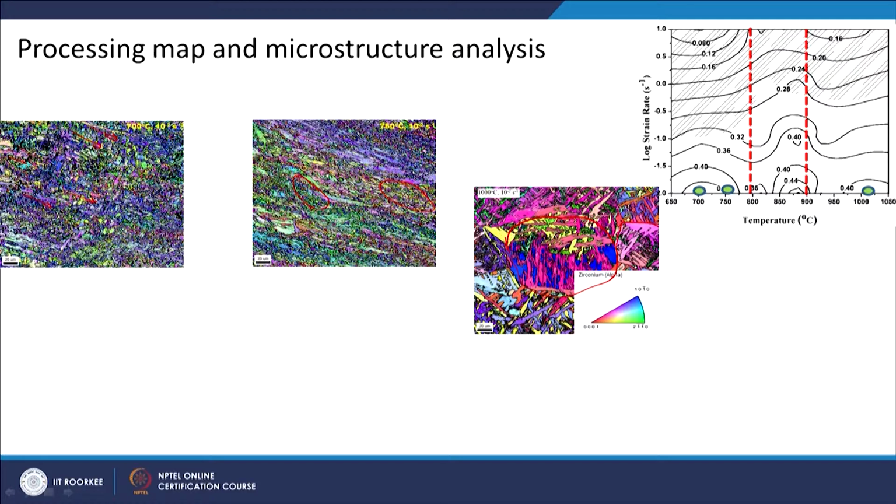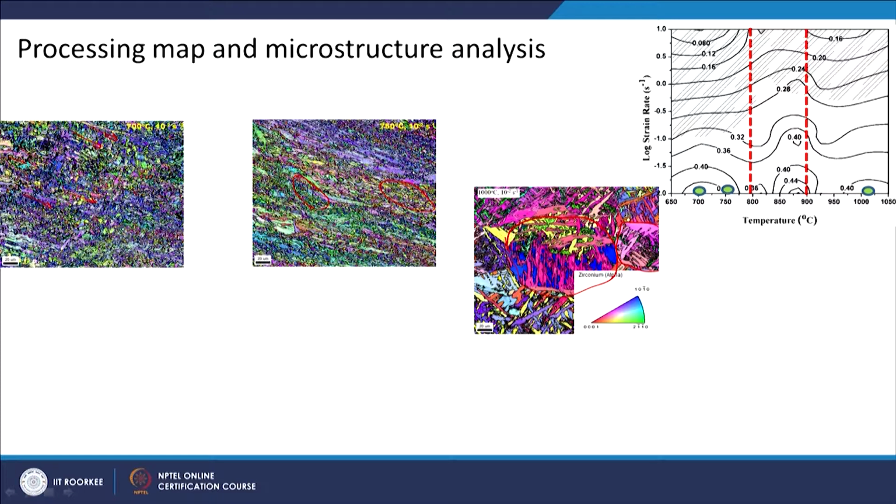Similarly, this is one grain here, and the plates you are seeing are because of the martensitic transformation. The material was quenched after deformation at 1000 degrees Celsius. All these plates you see are because of martensitic transformation. It can take place as different variants, but you do not have to worry about that; it is composed of one grain.